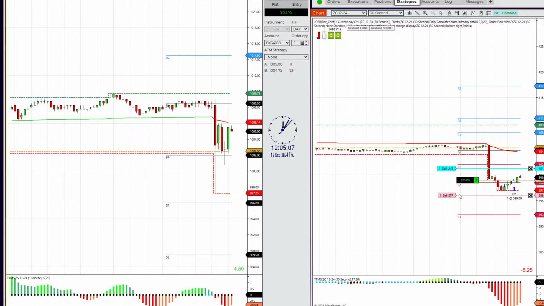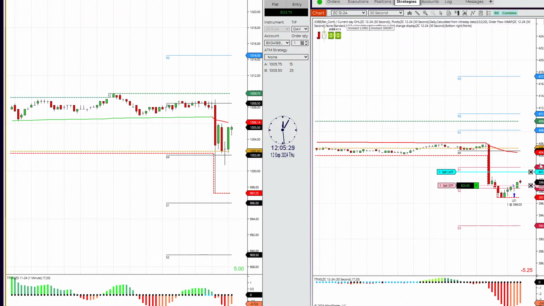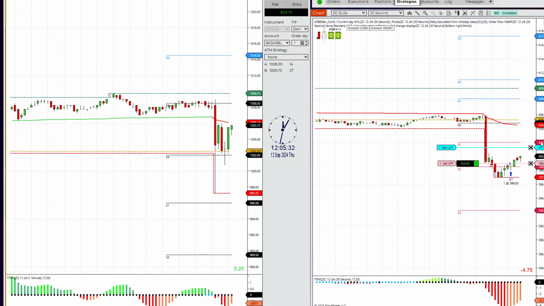Right now, if I move my stop to safety, it's just going to stop me out with a flat trade. If I could get a couple more ticks, I'm not sure I want to lose any more money on corn, to be honest, but it's going to take me out flat if I try to be safe here. You follow? Right now, I'm not going to lose more. If it goes up a little more,